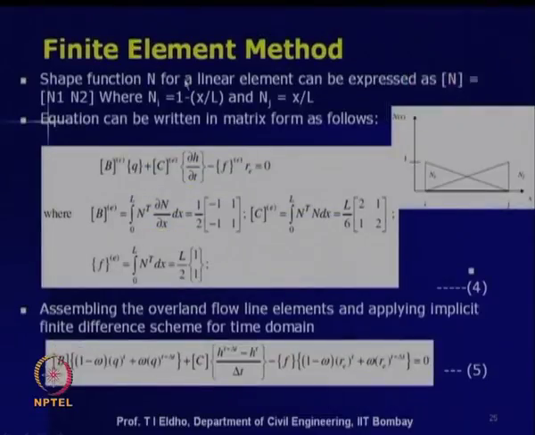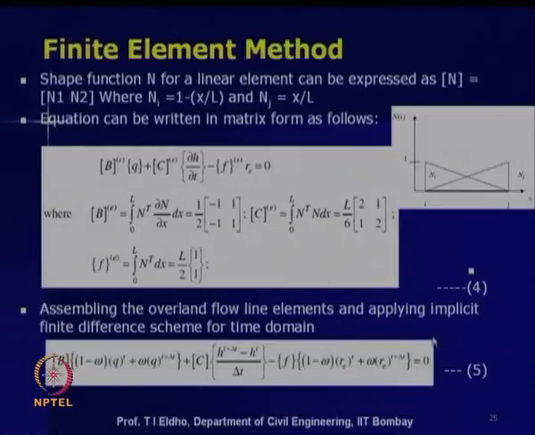Different types of shape function can be used, such as linear line elements, which are based upon polynomials. So, N1 is 1 minus x by L, and N2 or Nj is x by L. Then we can discretize the governing equation for one element. The discretized form for the given element is shown here for the continuity equation in the kinematic wave form, and the corresponding terms are given here. Finally, we can assemble by considering all the line elements, and then time is concerned.